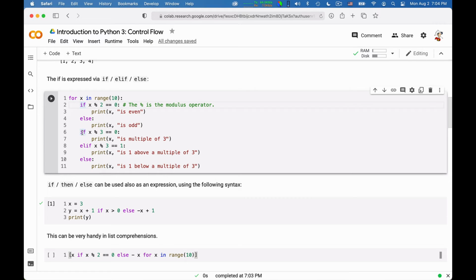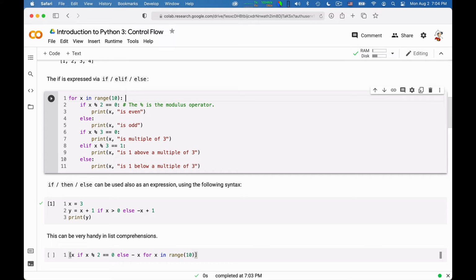Then I can start another if statement and say if x modulo 3 is 0, I print you're a multiple of 3. Otherwise, if the remainder is 1, I print something, and in the last case, I print something else still, right? So I can run these. This is put into a loop for x in range 10.